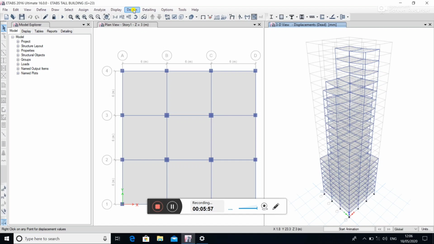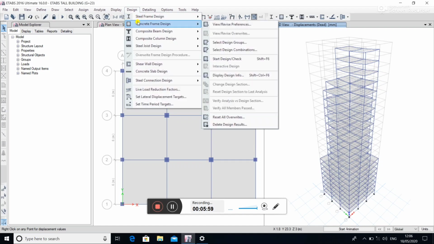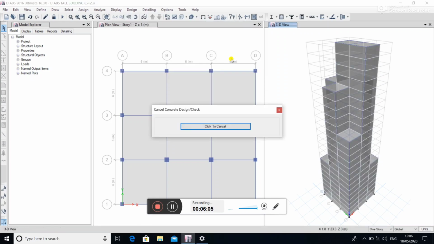Again, go to Design, Concrete Frame Design, Start Design/Check. Wait for some time until the design of the building is completed.